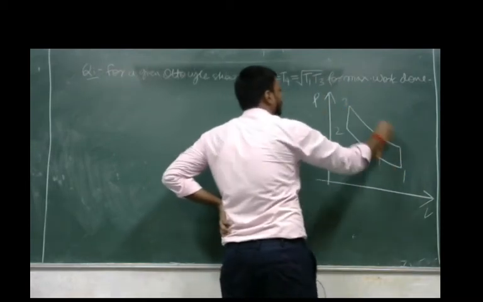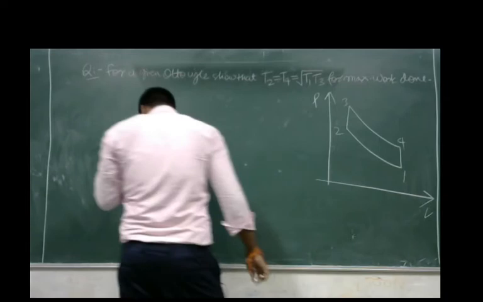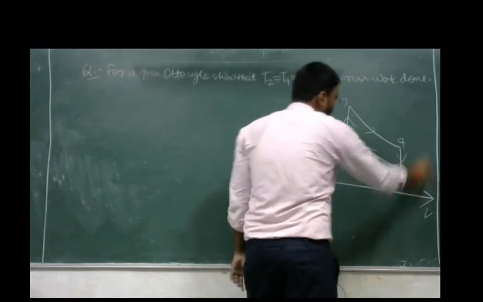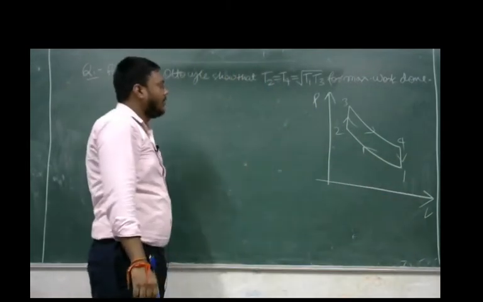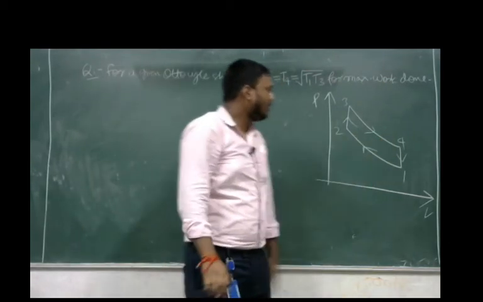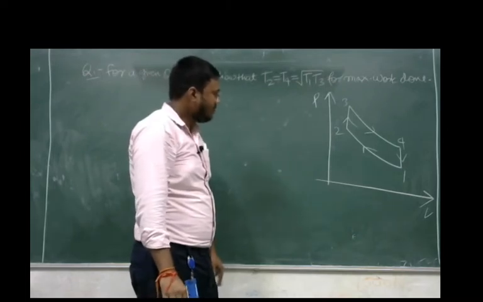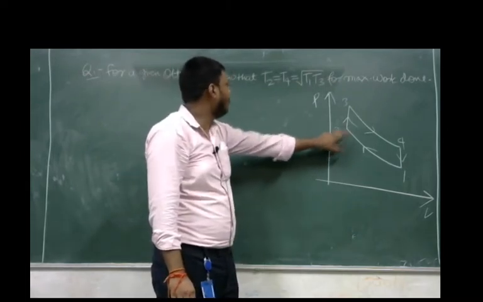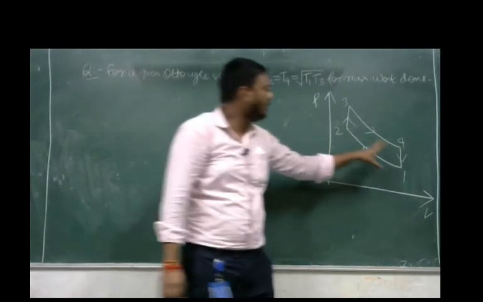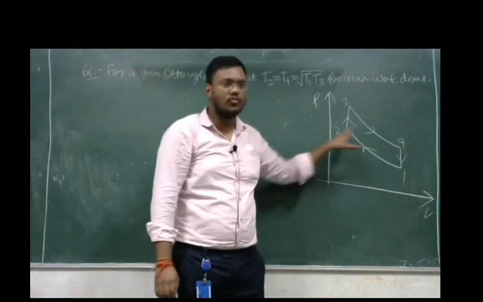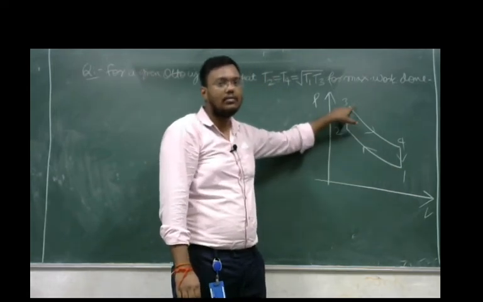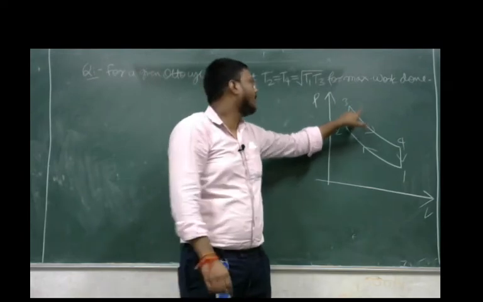One, two. So here we know all the points 1, 2, 3, 4. Now it is asking for T2 at point 2. T2 equal to T4, meaning the temperature at point 2 should be equal to the temperature at point 4, and both these values should be equal to under root T1 into T3, the temperature at point 1 into the temperature at point 3, under root. So we have to prove this value.